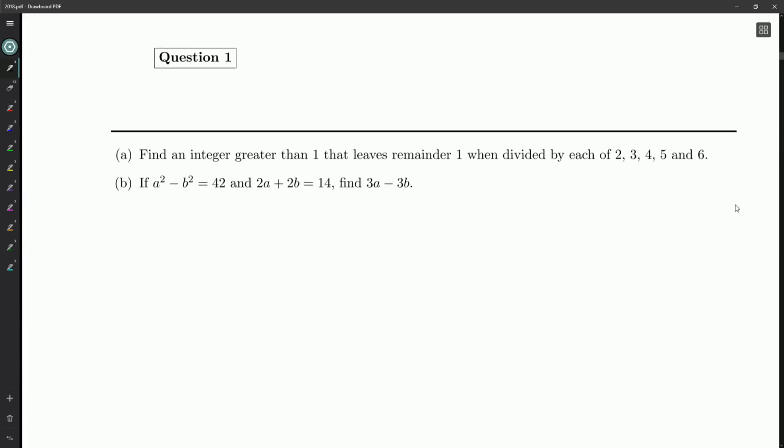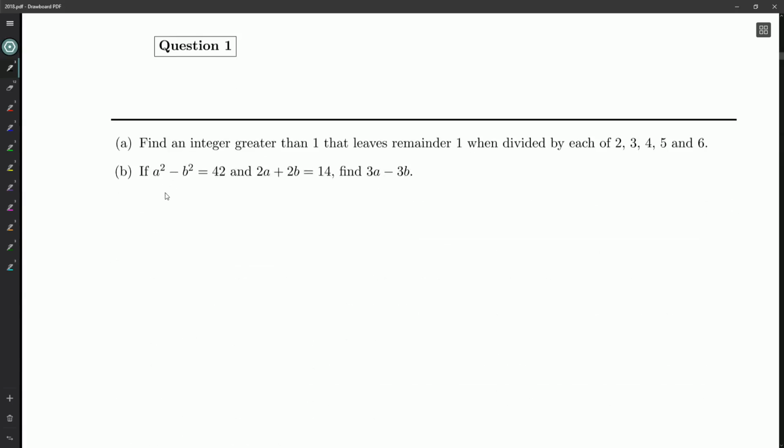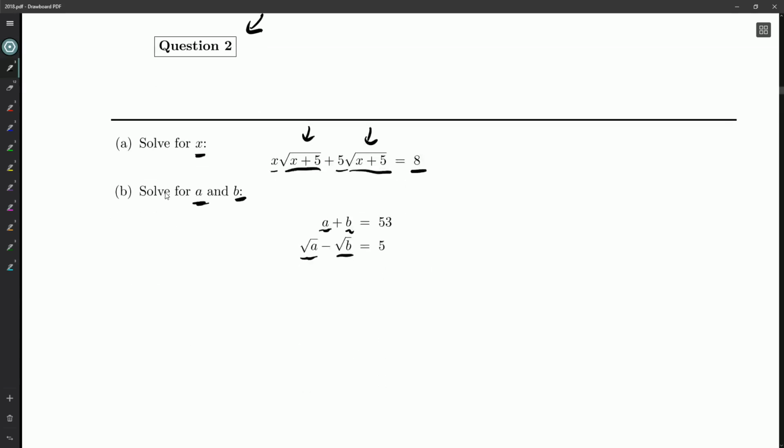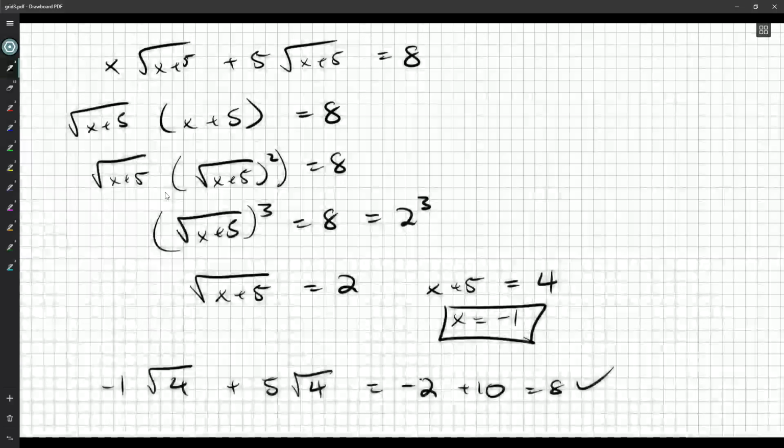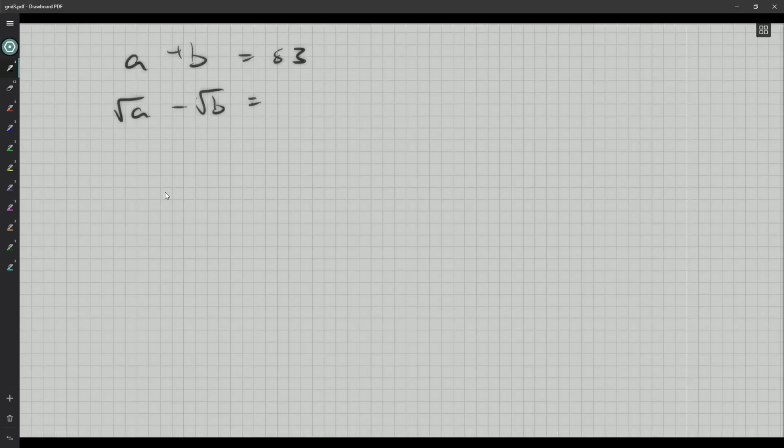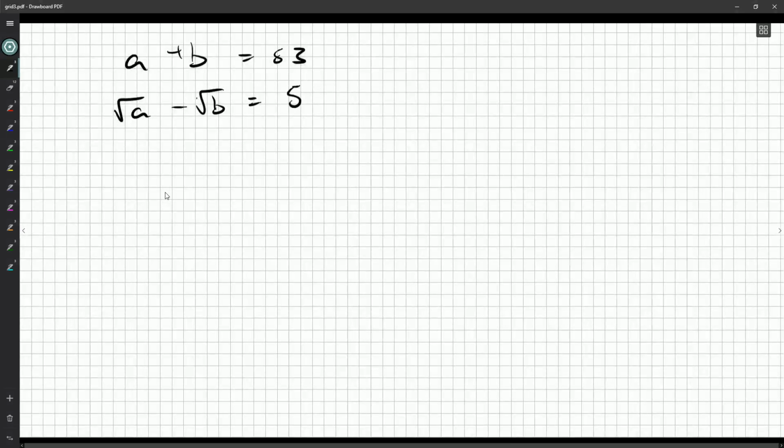And because we did question 1, assuming you go through the contest questions one at a time, you'll know we use difference of squares in 1B. And so I'm starting to think difference of squares right away. So we'll get ourselves a fresh piece of paper. We've got A plus B is 53. And then root A minus root B is, I don't remember what they said, 5. Okay, 5. But, of course, root A plus root B is, oh,